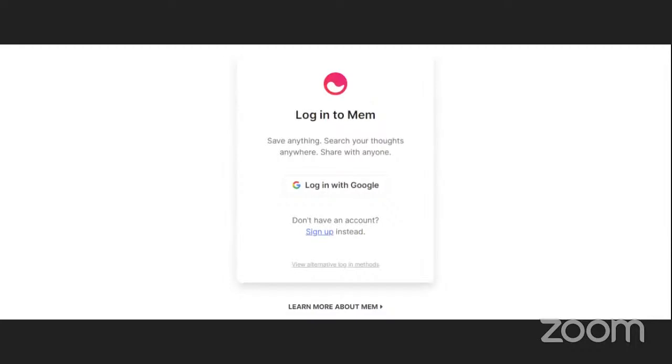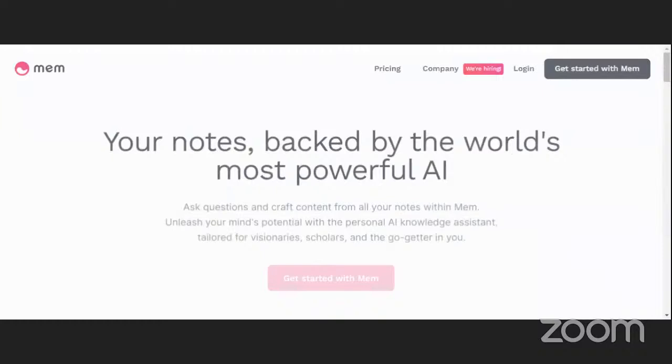mem.ai. So it's also a good tool that you can use for writing notes. So this is the link to use mem.ai. You come here, get started.